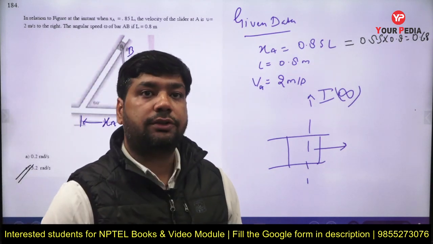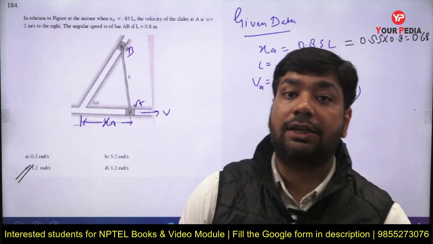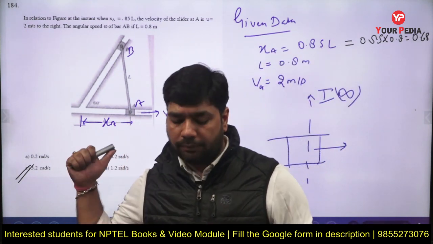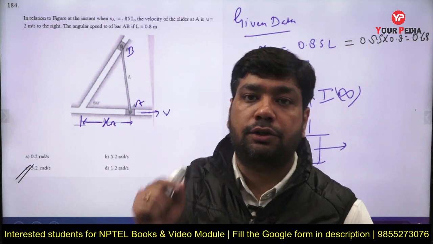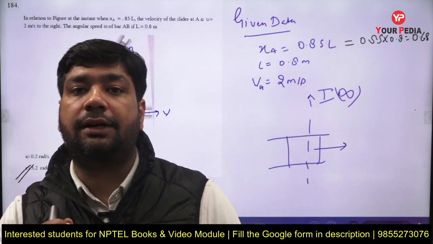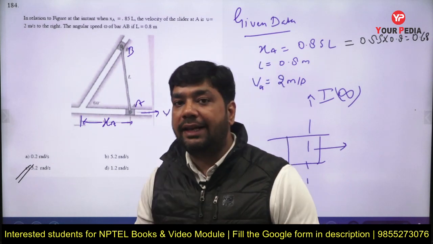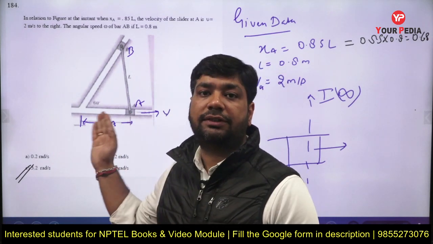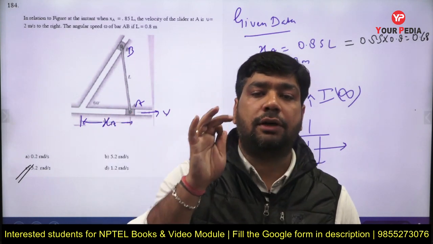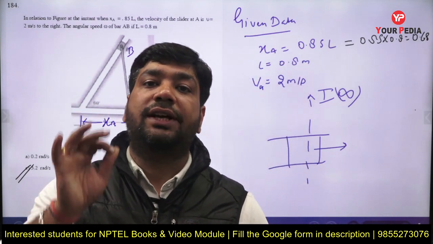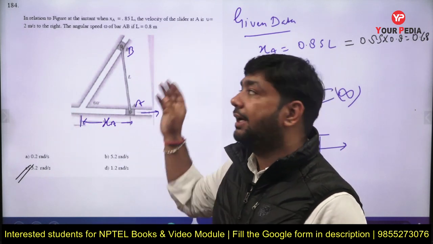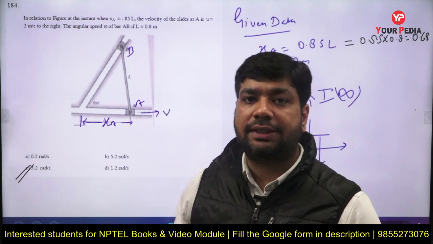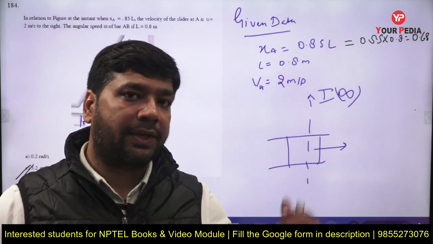So I think you will enjoy this question, and you can learn one concept here of rotational mechanics. Always remember, whenever these types of questions come in an examination, first of all try to find out the instantaneous center of any rod, any link, or whatever mechanism is given here. Here the question is based on the slider, and a slider has pure translation motion. So the instantaneous center lies at infinity. So we put the infinity of both of them, and the intersection gives the instantaneous center of the rod.